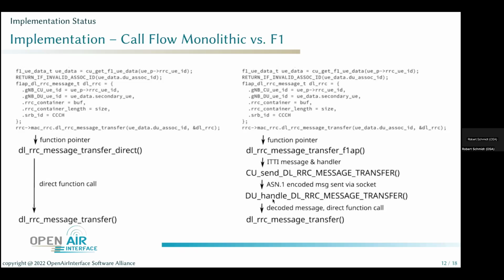Then this is sent via a socket, and in the DU eventually it will be handled in this function DU handle downlink RC message transfer, and this decodes the message and then makes a function call, and we are back into downlink RC message transfer. So also here, once more, basically the RC wants to send something down. It fills in some message definition and calls a function, but the RC doesn't actually really care how this gets down, and depending on which case, it will always end up in the same function,